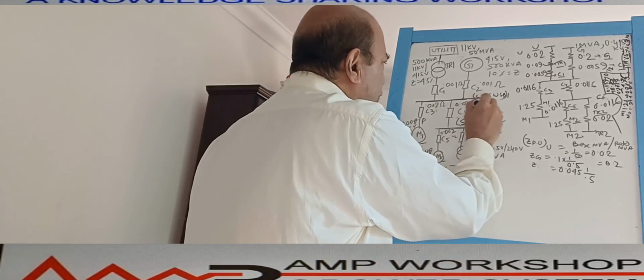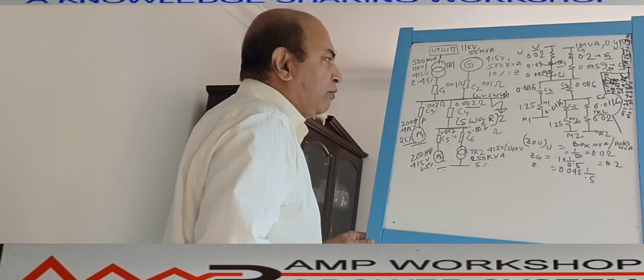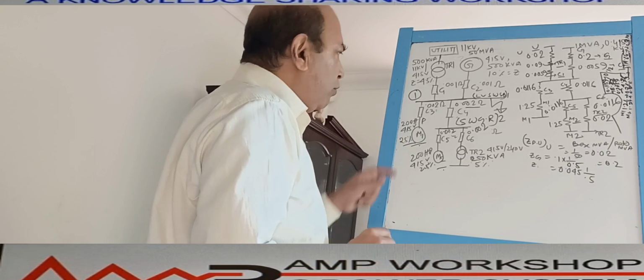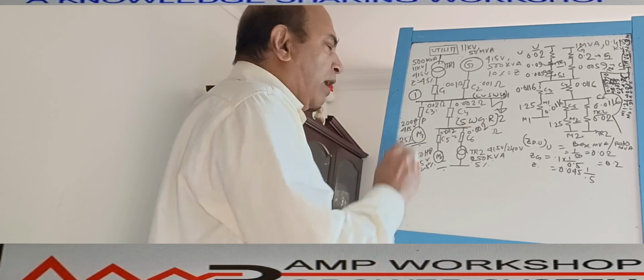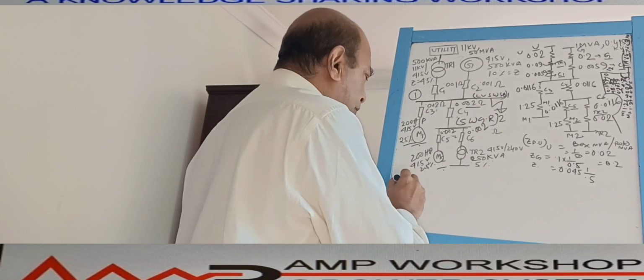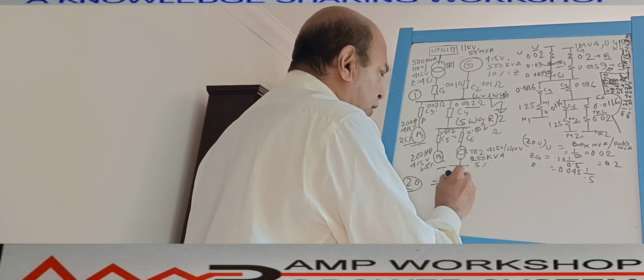Now our intention is to calculate the fault current at this bus. How much fault current will be here? That is what we need to calculate. Suppose we call it bus number 1. So when we calculate for bus number 1, we have already calculated by ohmic value and we got the short circuit current. We rounded to 20 kiloampere, but actually that short circuit current we calculated, if you recall, 240 volt divided by your